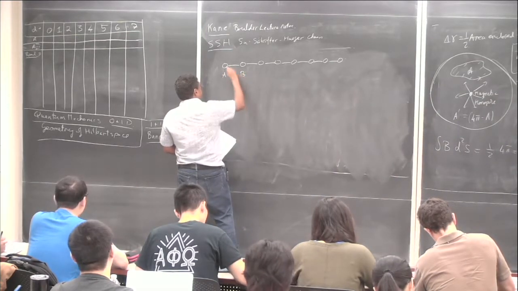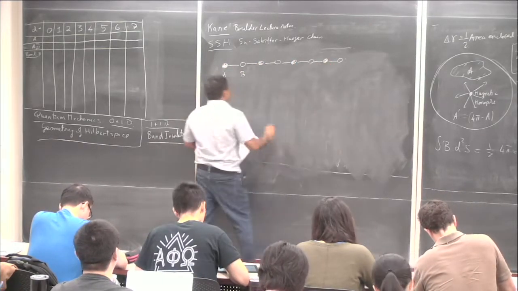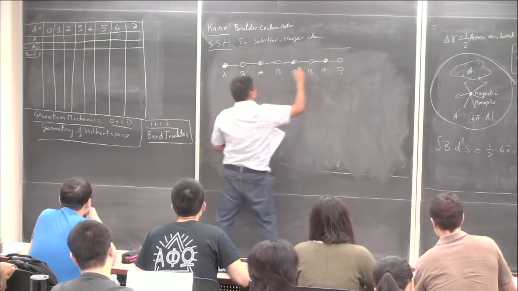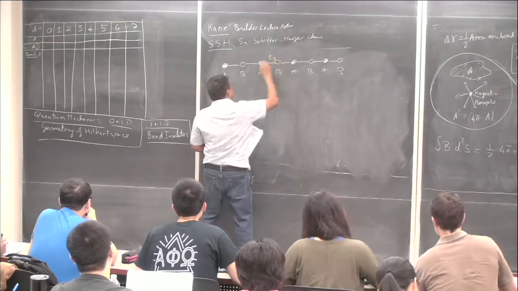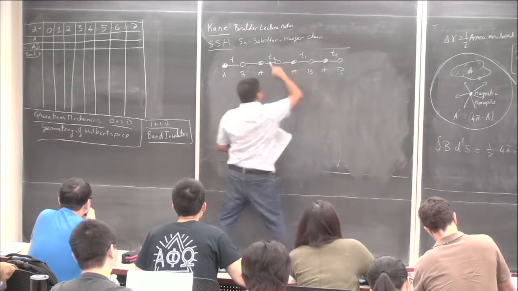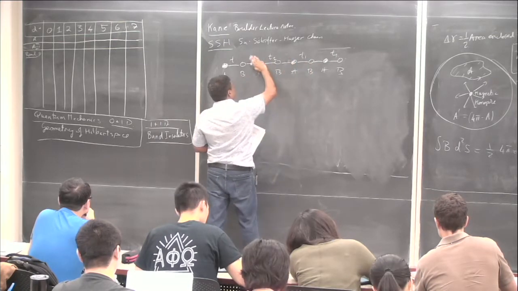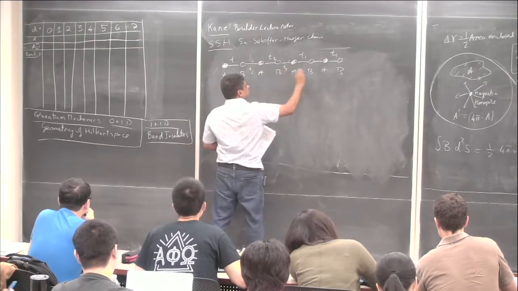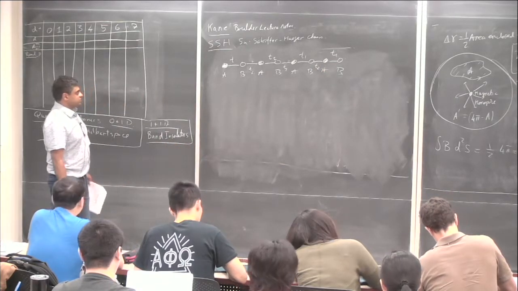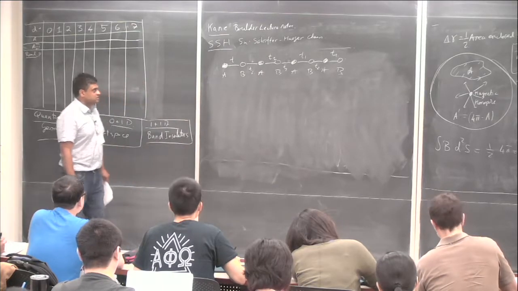Let's call them A and B. Let me shade the A sites. So it's a system with 2 sites per unit cell. And we'll have a hopping, let's say T1, between the A and B sites in that direction, and T2 in the other. We should write T2 below. Okay, a very simple model. Later we'll introduce an on-site potential, which will be different between the A and B sites, but let's just stick with this